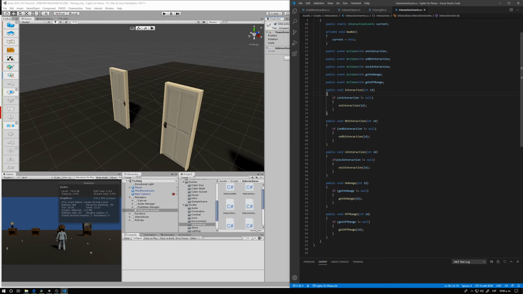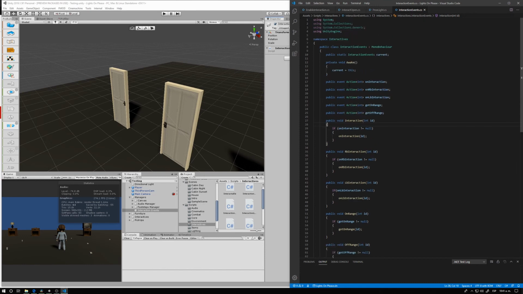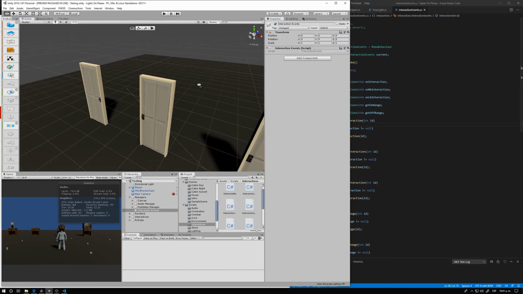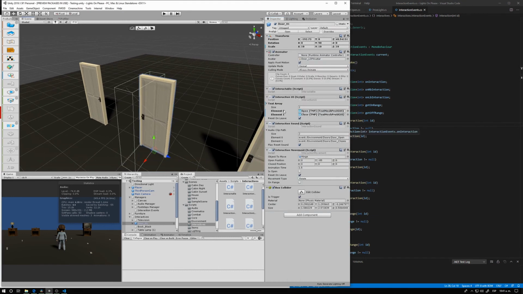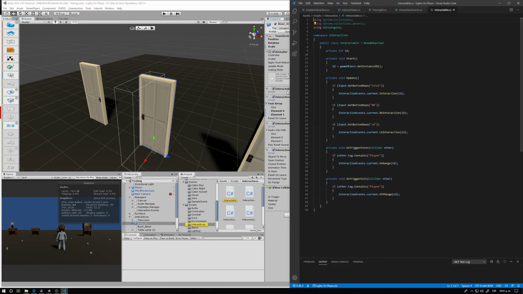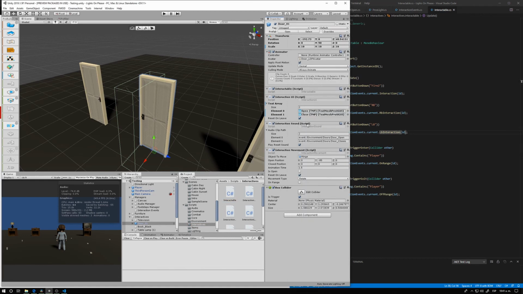These are the possible types of interaction that we have right now, and this code stores all the events. Here are all the events we have created. Then we have a code that once placed on an object, through this object you can trigger each of those events. For example, with the new door system, we have the general interaction code that triggers the events, one that triggers the text UI, depending on how you interact, the one that runs the audio clips, and the one that